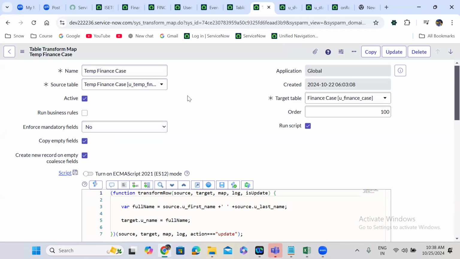Guys, again, we can create multiple transform maps between the same source table and the same target table. And you can give the order number here. Order number you can give it here. Which one should run first and all? When we are loading the data here,